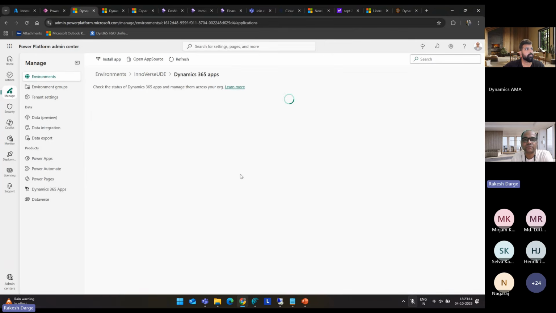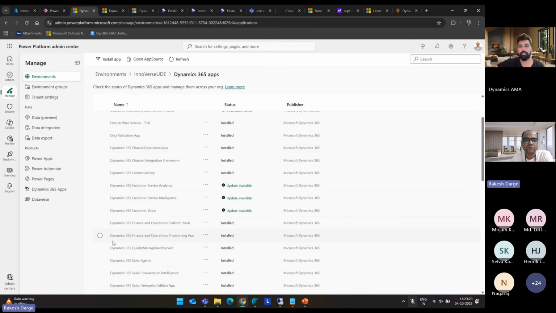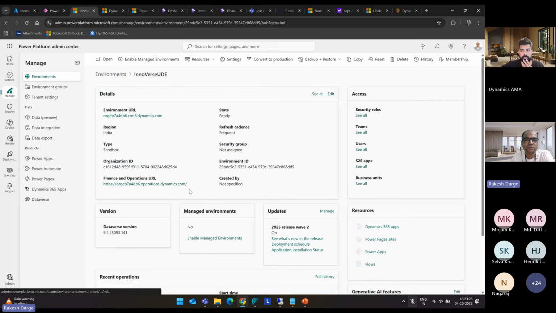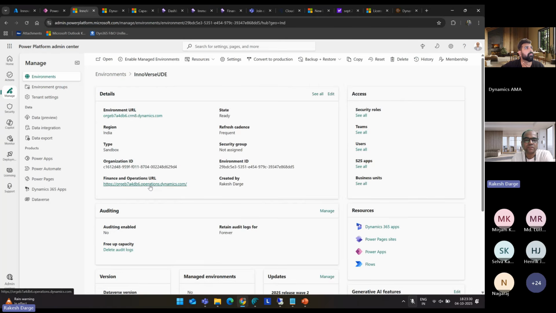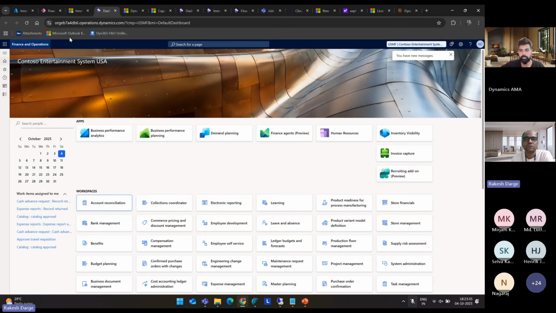I can just go back to the Dynamics 365 app. And you can see here the app that I was trying to highlight, the provision app, is already installed here. Okay. Once the app is installed, it means my environment is pretty much up and running. If I just go back here, you can see my Finance and Operations app URL is ready. I can just click on this URL. It will navigate me to the respective environment. And I can also see the demo data, like USMF and USSI companies, right?